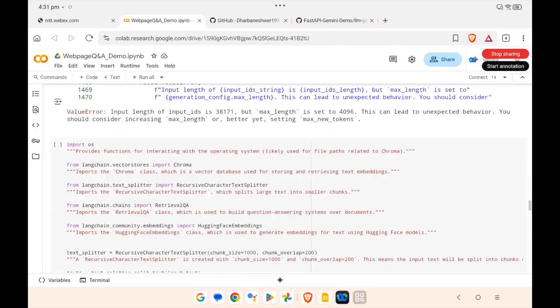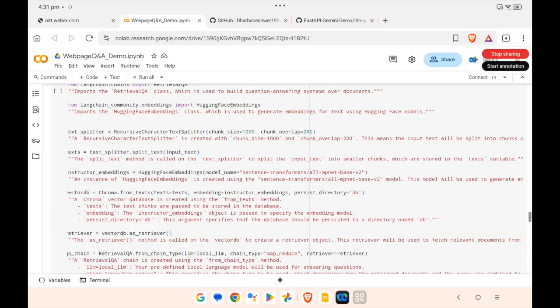How can we reduce? I can't ask my user to say, hey, give the user question within this token length, because I can't afford a bigger token length. No, that can't be done. So the obvious way is to reduce the context. For every question, I can't send my entire web page, because that's what is happening, right? I take the web page URL, I use Beautiful Soup to extract the text, and then I'm sending the entire web page content for the question, which is not at all a scalable design.